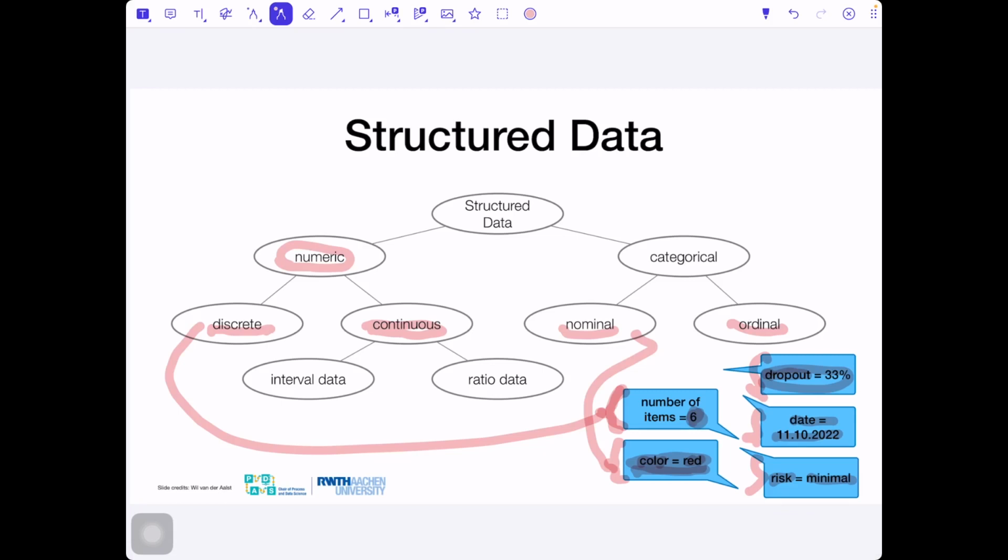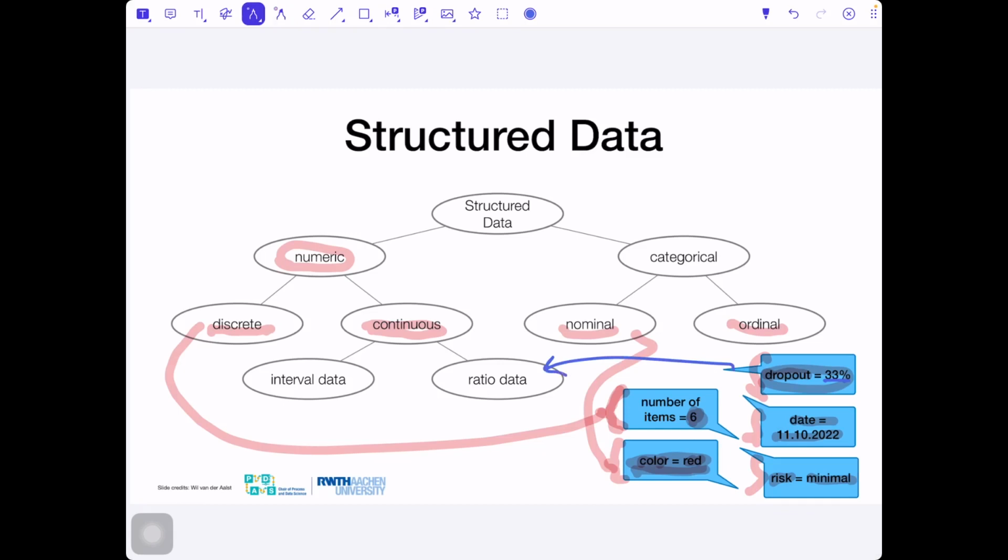Exactly, it's numeric. So now, just one tip: think about the percentage, it is continuous. And is it ratio or interval data? Ratio. Exactly. This is ratio data because we can say that 100% is double the 50%. So we can apply multiplication and division on that.